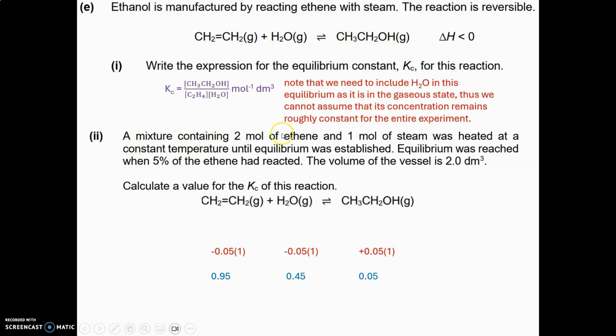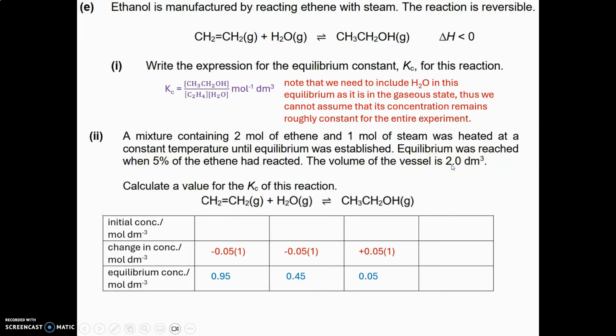And then, a mixture containing these amounts of ethene until equilibrium, and it was reached when 5% of ethene had reacted, volume of the vessel 2 dm3. So we're going to set up our ice table. So our initial concentration of ethene is 2/2, which will be 1 mole per dm3. Our initial concentration of steam is 1/2 mole per dm3, or 0.5 mole per dm3. Initially, there was no ethanol present in the system, but after equilibrium, it had formed 0.05,